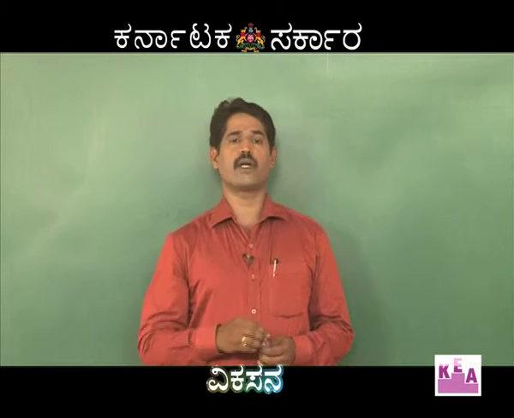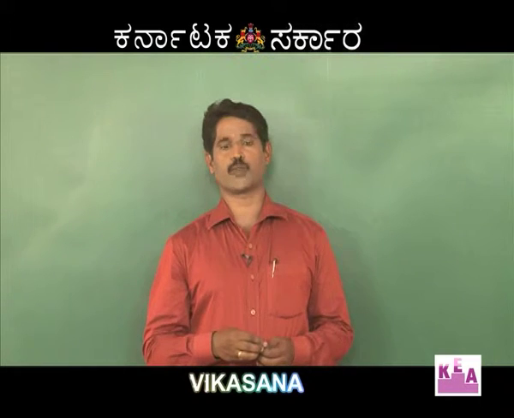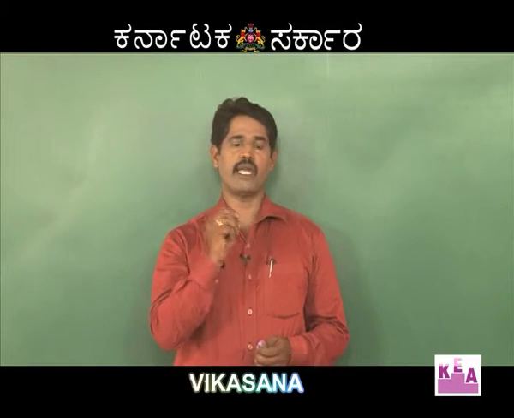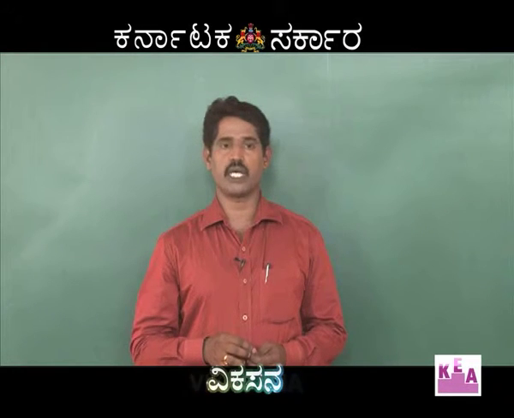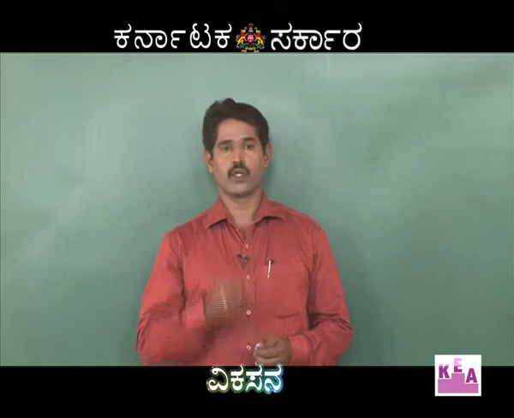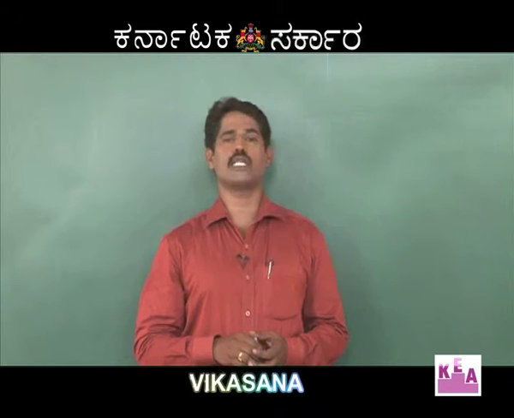So, for the development of the gonads, for the spermatogenesis and the oogenesis process, the hormones which are mainly required are, as I said earlier, FSH and LH. So, the release of the FSH and LH hormones from the anterior pituitary is mainly under the control of the gonadotropic releasing hormone. So, now if you look into the options, option A, thyroxine from the